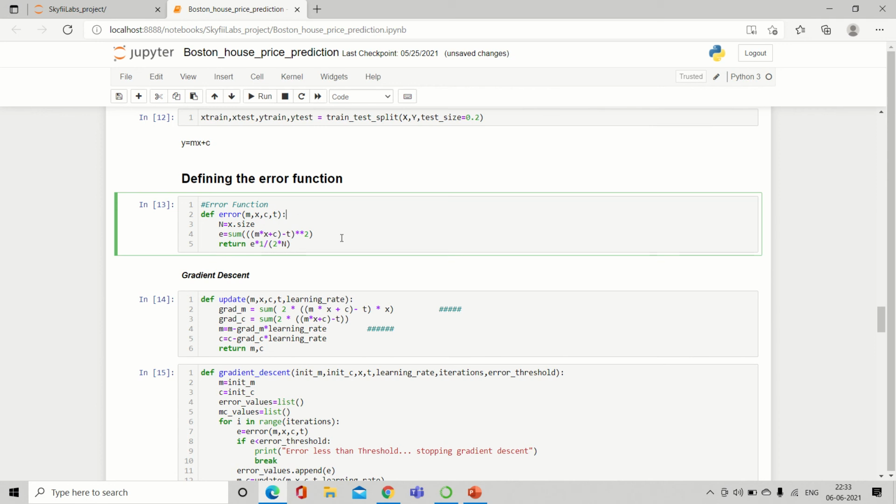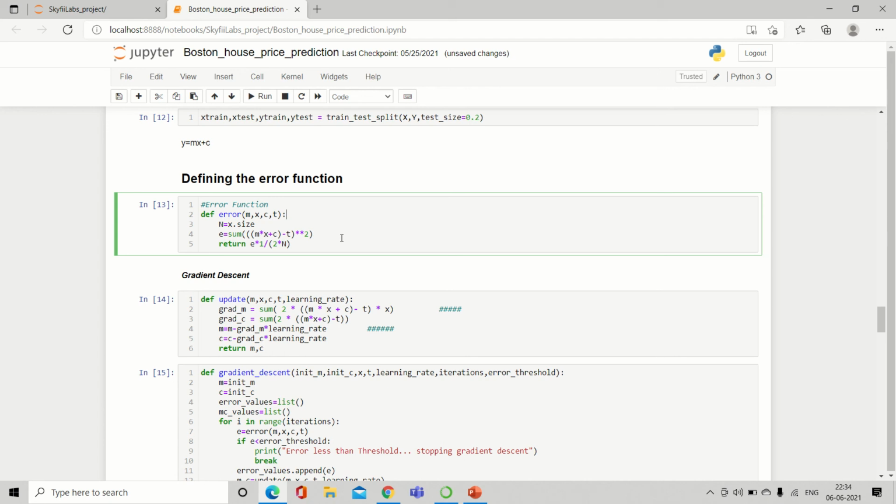So basically here we are using mean squared error. What mean squared error does is it produces the average of squared difference between prediction and actual values.